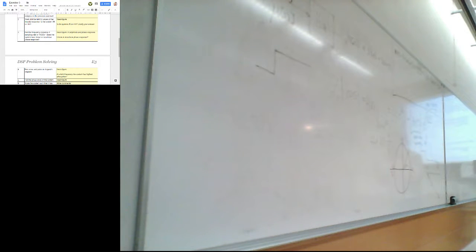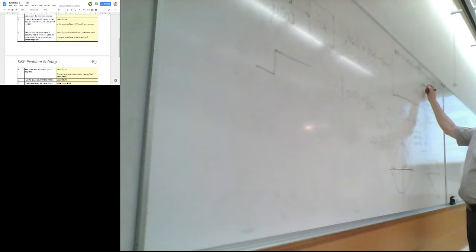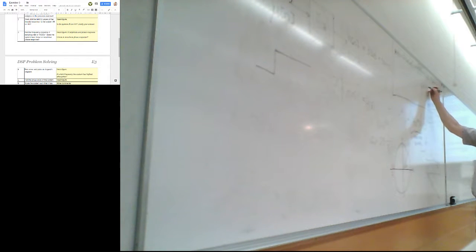Okay. In case our phase response is linear, meaning if this one is the same as a constant times omega, it basically means that that part is sine of omega